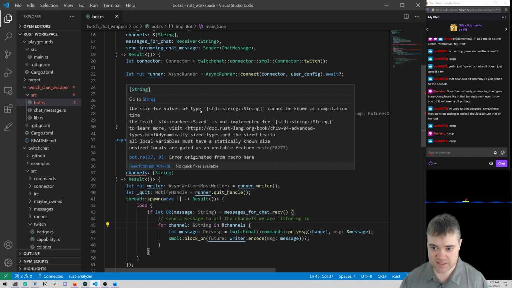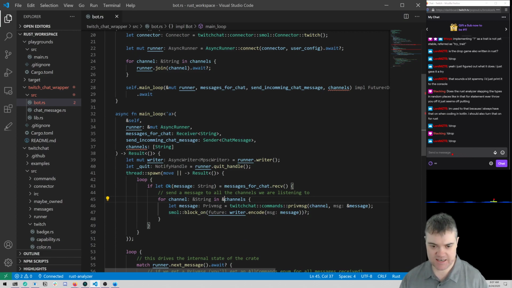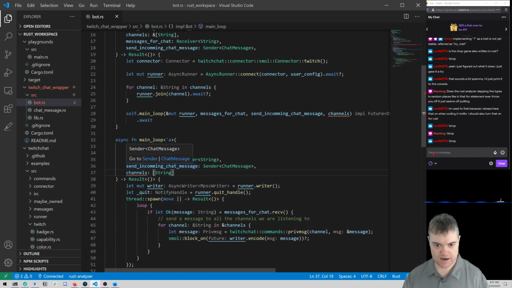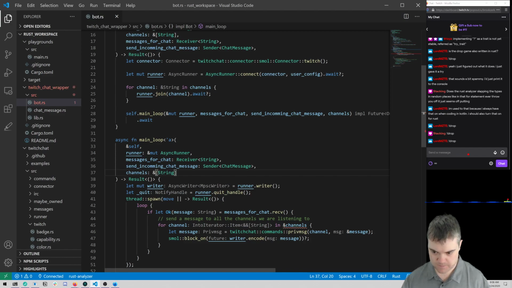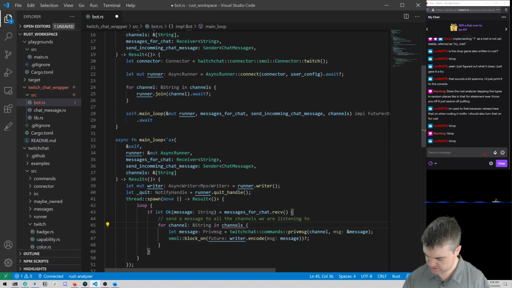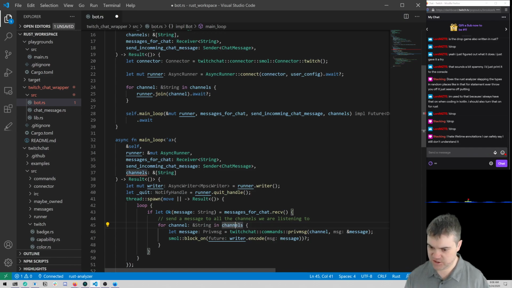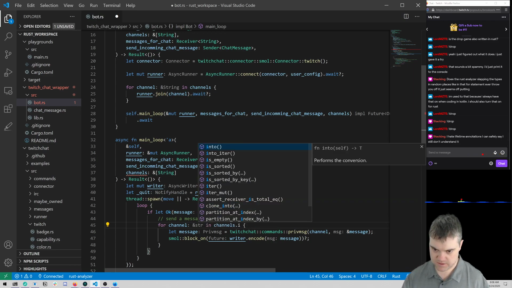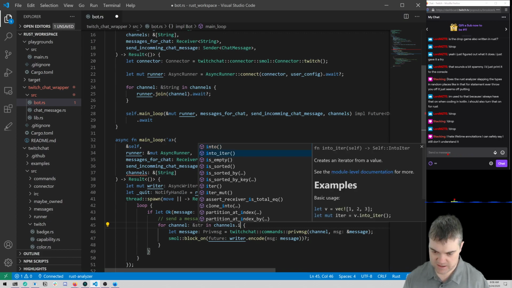Okay, the size for this type cannot be known at compilation time. Right, okay, so that's what I was thinking, that it can't be. Oh wait, I want you to be a reference. And I don't want to destructure you. Oh wait, can I iterate into iterator? Just iter.